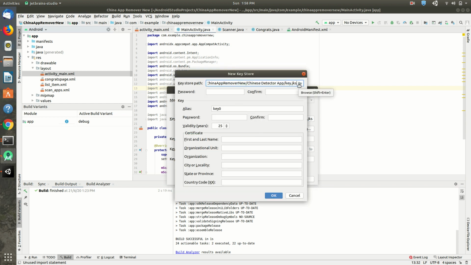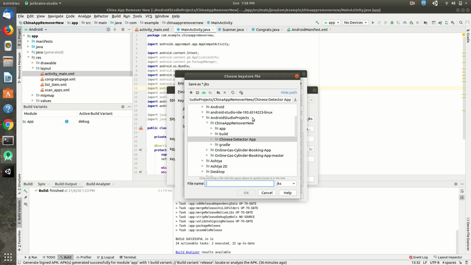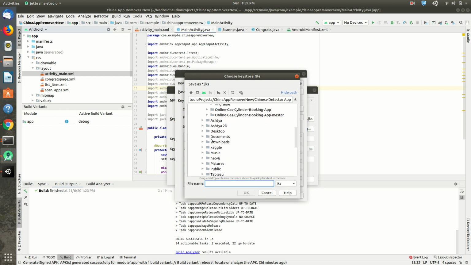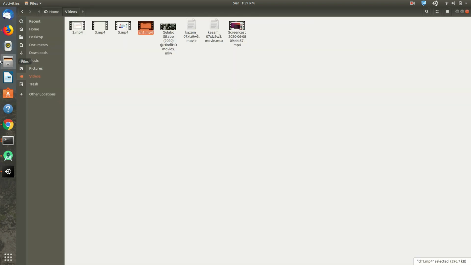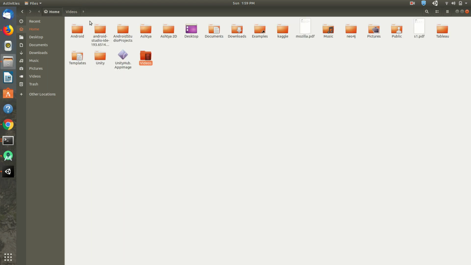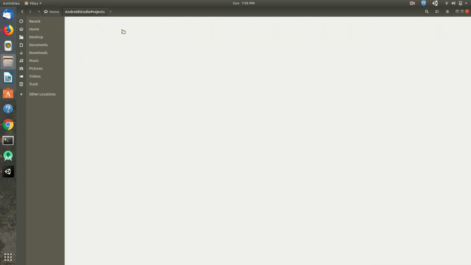Click here on this folder icon, and choose a folder where you want to store this key. I have not created one, so I will first create the folder. Just open the app where you have stored it. My app is stored here.